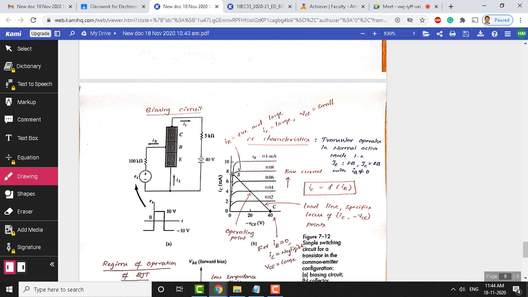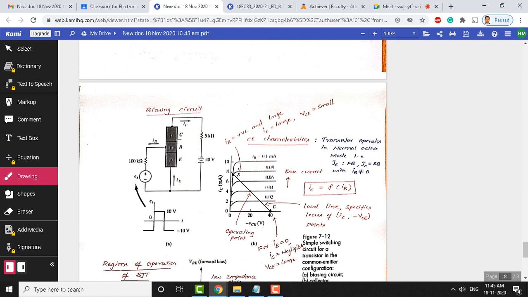You can see here there is 8 milliampere of collector current for a larger base current of say 0.08 milliampere. So, this is the amount of collector current flowing here. But on the other end, when base current is 0, the collector current also becomes 0. So, the voltage across the transistor's collector emitter junction is 40 volts here.